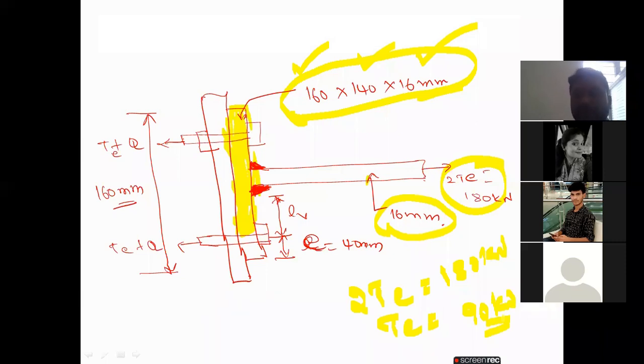So this is the factored force. And in this connection, the end connections, where the prying force is required, we will consider the prying forces at the edges only. The plate width given, or the length of the plate, is completely 160. So this is the given data, and now we have to calculate the LV as well as E. This is the most important one.